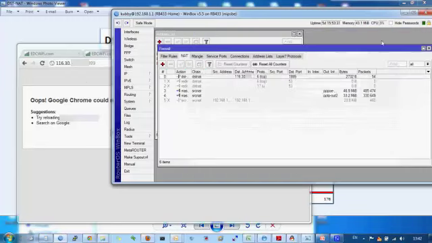So how to fix this problem? It is very easy. At MTCNA, we already learned about destination NAT. Destination NAT changes the destination IP address, and source NAT changes the source address of the packets.